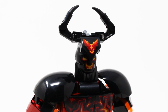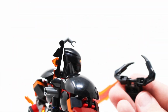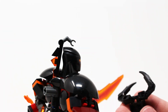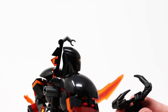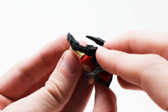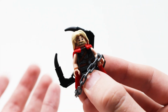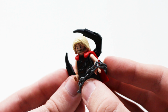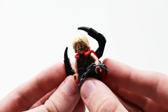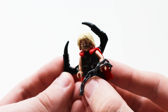but the rest of the design looks very good, and there's actually an amazing play function built into this. The crown comes off very easily. It's on a clip piece right there, just like in the film. I love it when LEGO thinks of these kind of things. And you get this chain piece to wrap around Thor with the crown, just like in the movie. I will say it's a bit finicky and likes to fall apart, but you know what? The effort was there, and that's kind of a hard thing to encapsulate in LEGO, so I really appreciate the